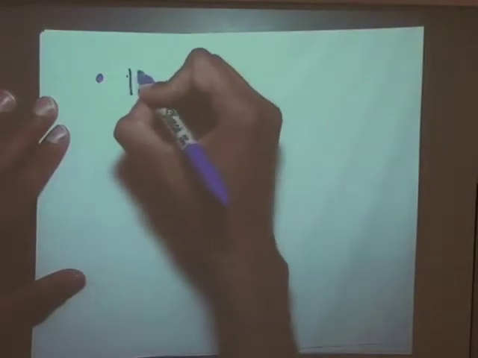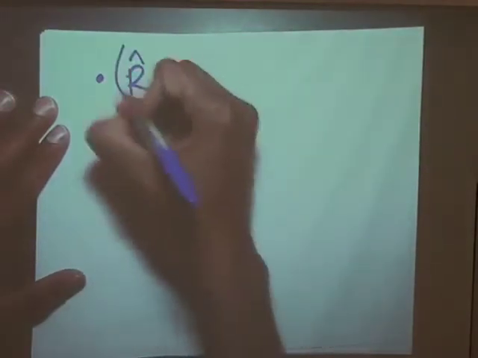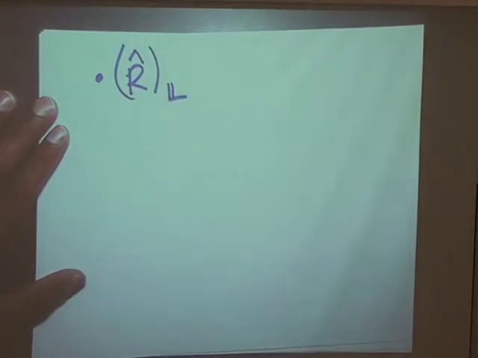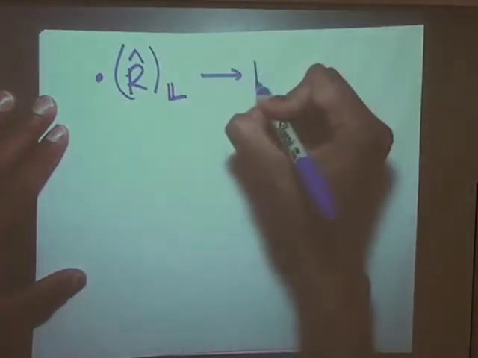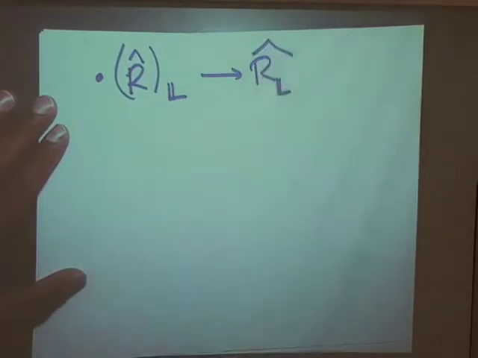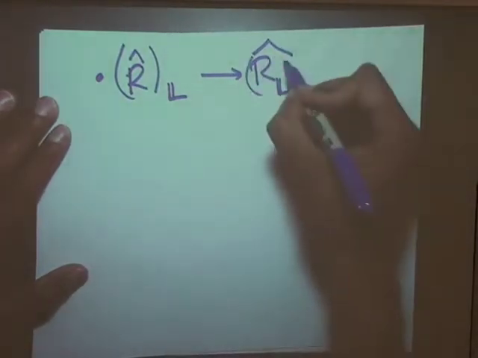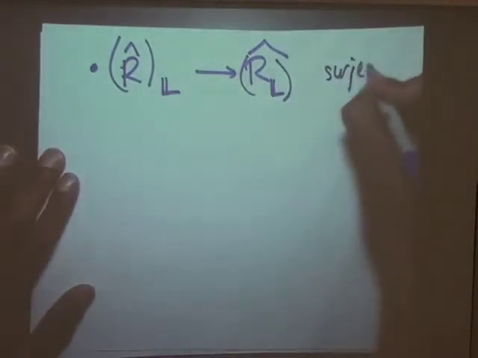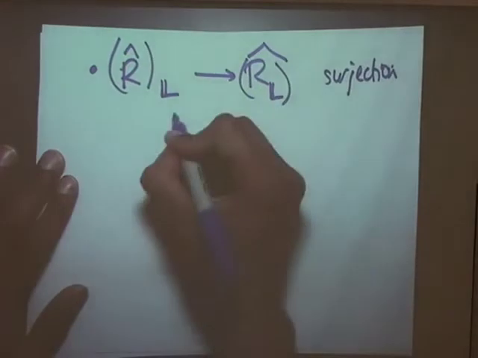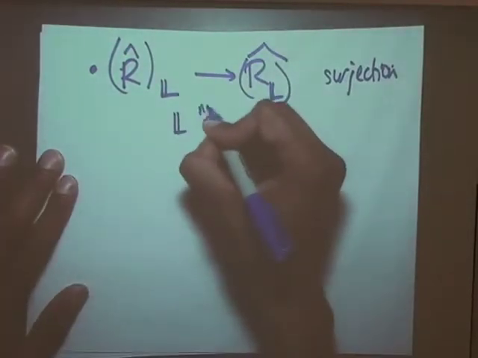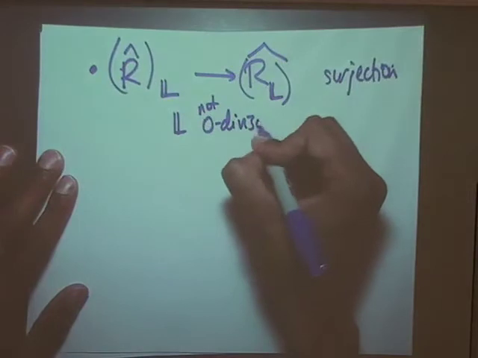And then the last thing I'll say is that if you take this ring, oh no, this was bad notation, and then you invert L, then you have a map to the completion of R inverted by L. So I guess now my brackets have to be very carefully drawn here, and this is a surjection. And maybe the key thing is that if L is not a zero divisor, so in this great world, it would even be an isomorphism